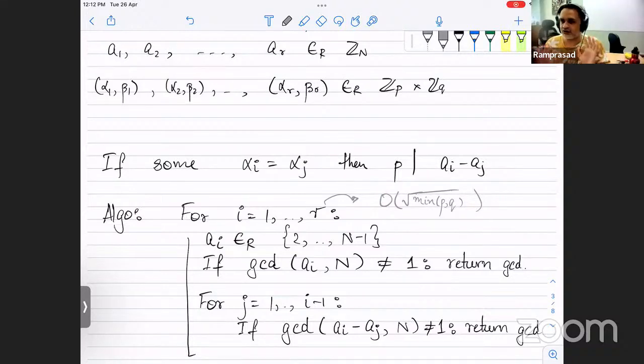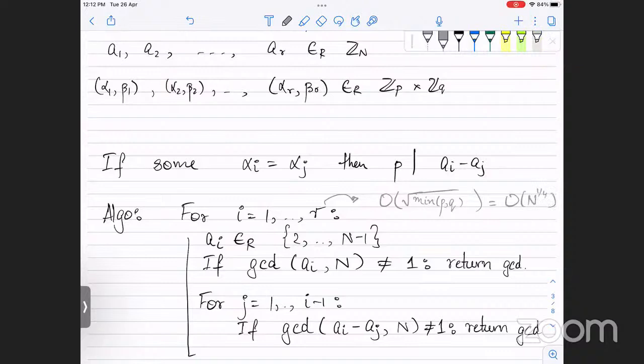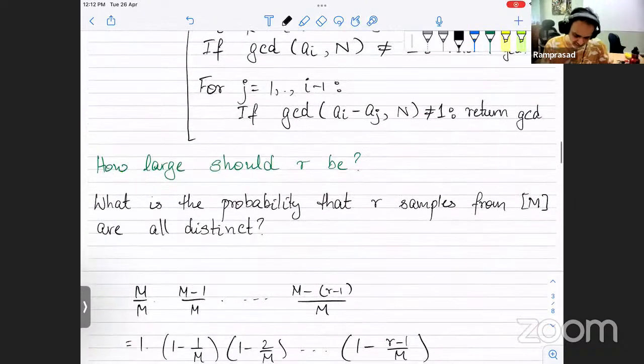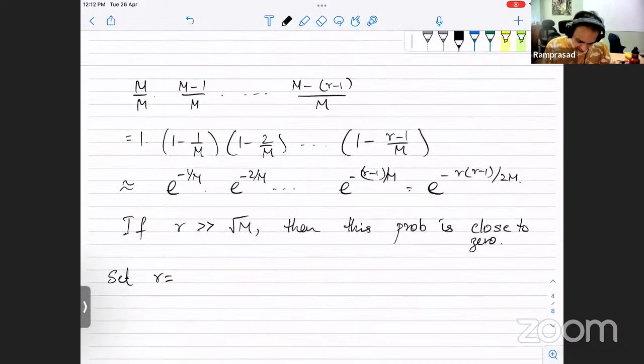Roughly choosing r to be some large constant times the square root of that is already good enough. And notice that if I have a number n, one of its prime factors has to be at most square root n. So this is order n to the 1 by 4. Therefore, you set r equal to order n to the 1 by 4,